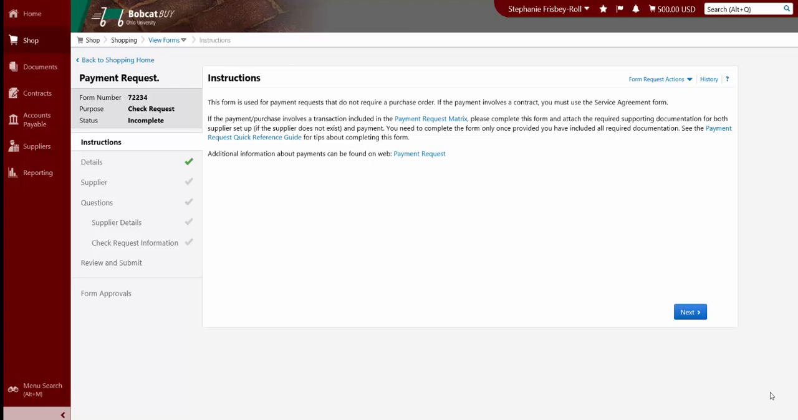To access the payment request form, log into Bobcat Buy and click on the Payment Request button. Once you've opened the payment request, you'll be taken into the instructions screen. Please note that you may navigate to the payment request matrix and the payment request quick reference guide from the